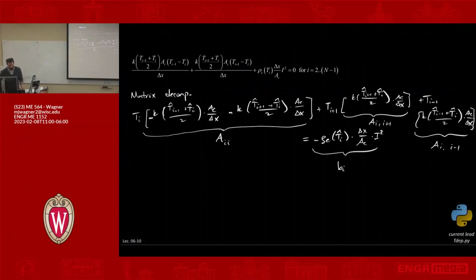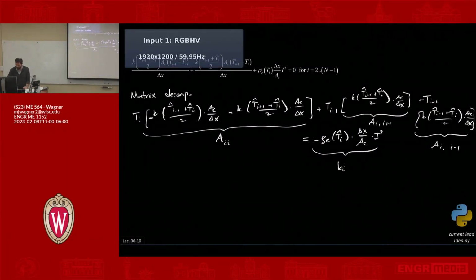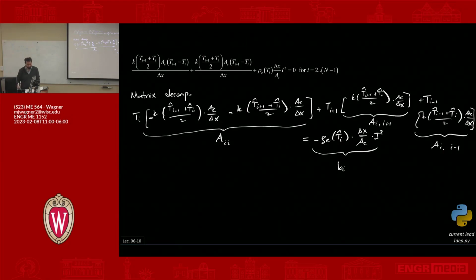So let's look back at the example. So we had matrix decomposition. Let's do the same thing for Gauss-Seidel. So Gauss-Seidel. What I'm going to do is, let's see, I'll just write out,